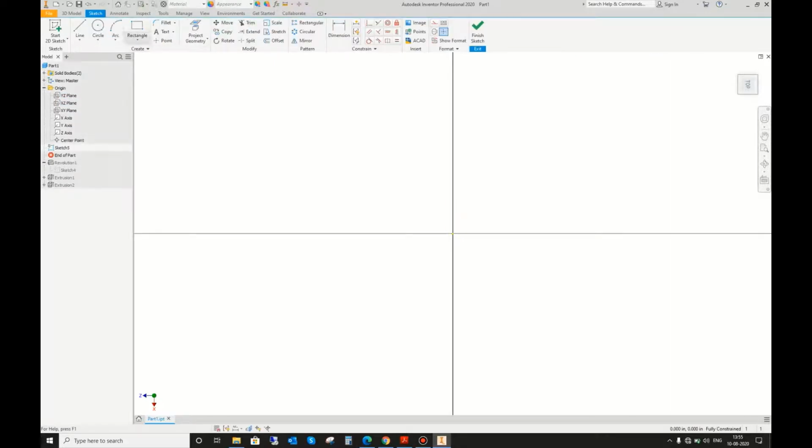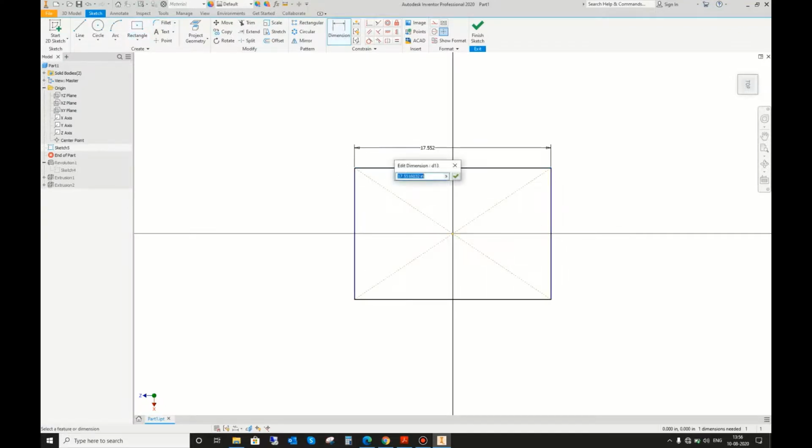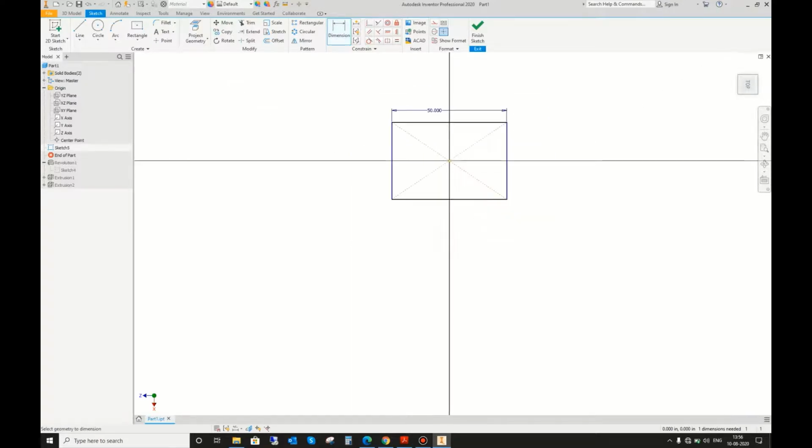Just imagine that there is a rectangular part which is hollow from the center. Imagine that part is 50 by 50, equal. We are assuming it to be equal.